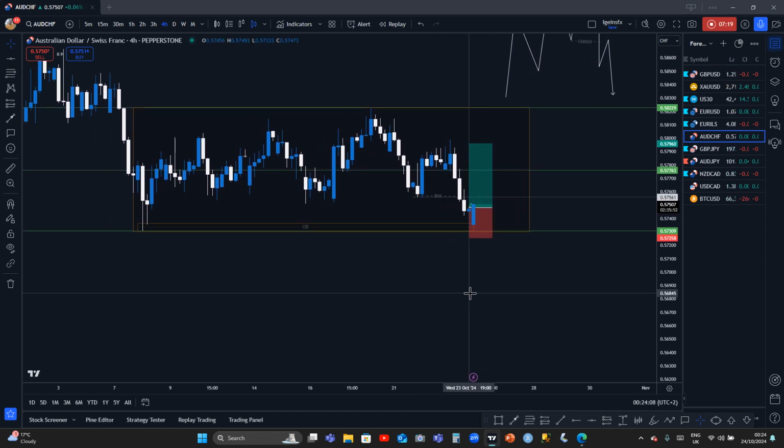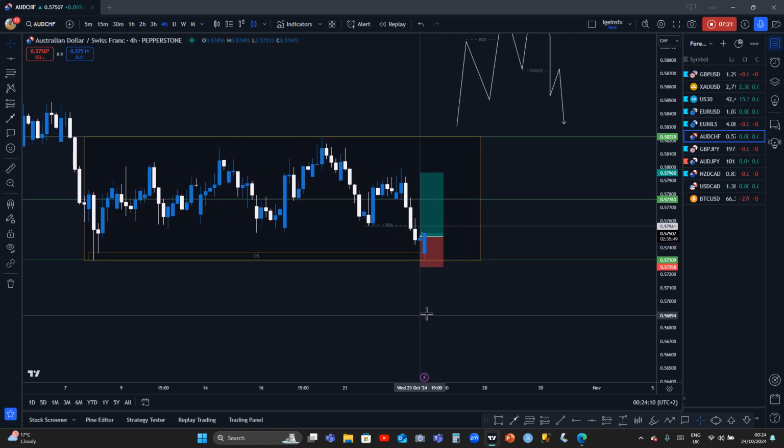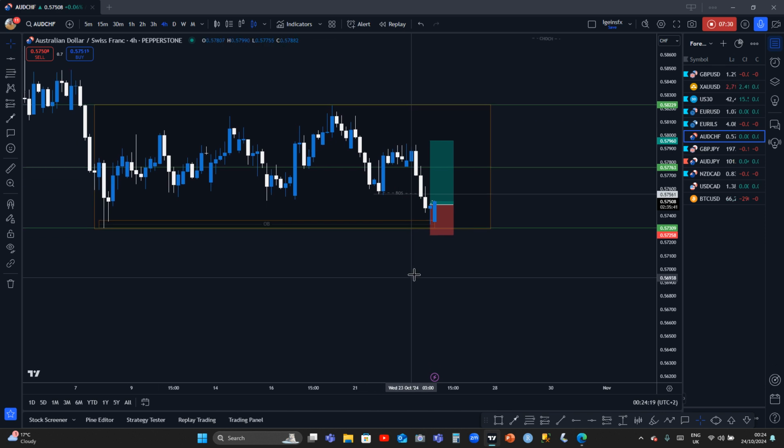Now, how do you identify market shift? You see that price is here right now. One moment. Price action is here right now. This is an obstacle. Now, for you to know that there's an obstacle in this place,